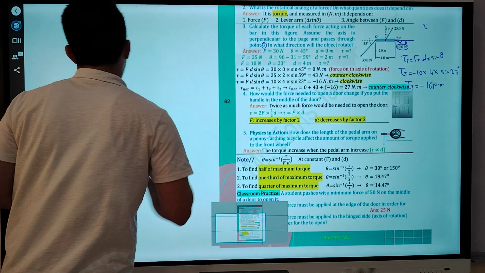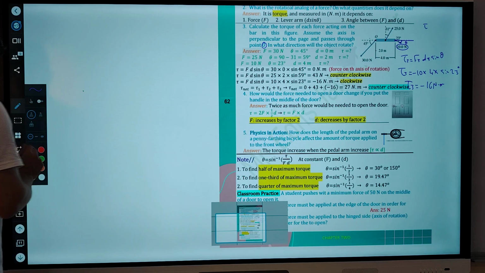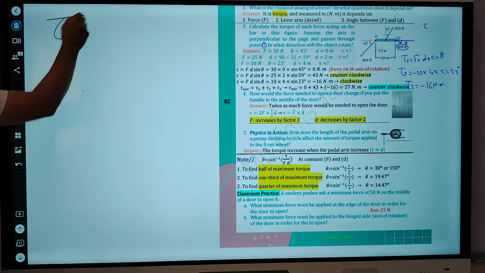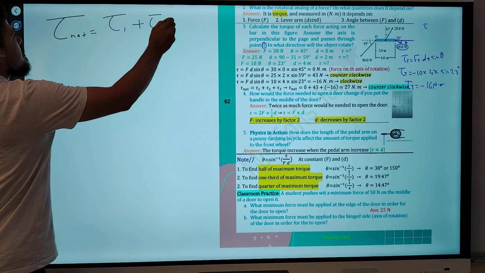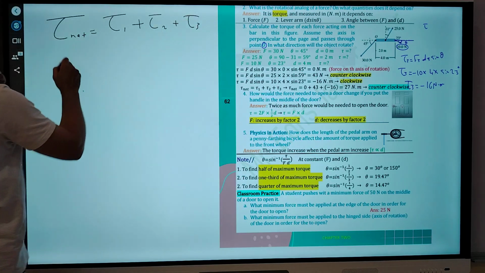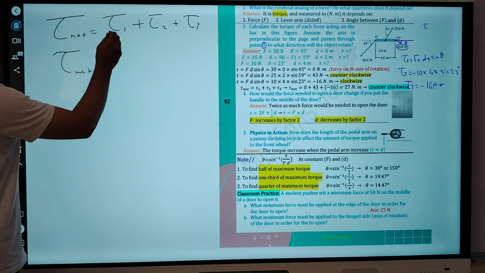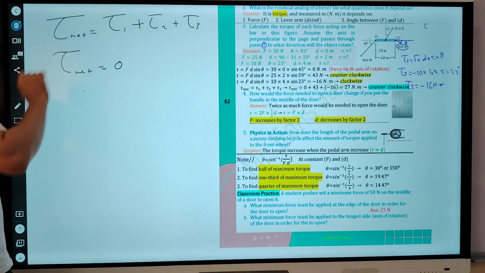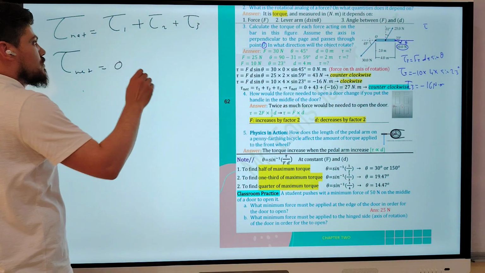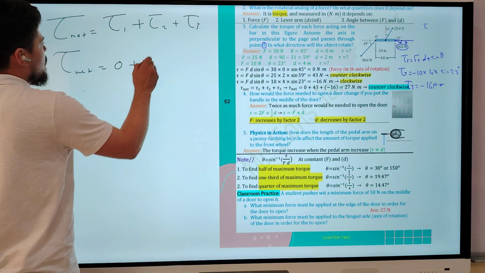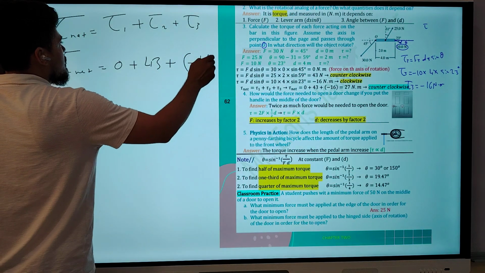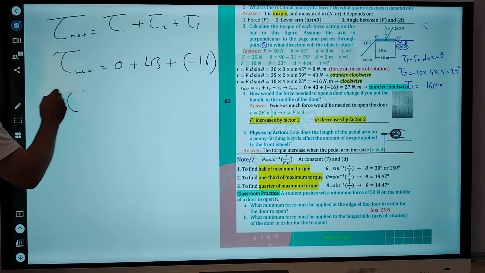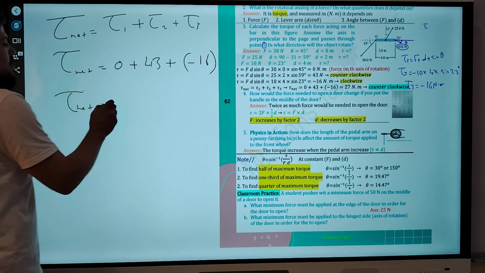Okay, now we can find the net torque acting on this beam. How can we determine net torque? As I mentioned before, to find net torque, you have to add up all the individual torques. How? Torque number 1 is 0, because it is located on the axis of rotation. The force is applied on the axis of rotation. Torque number 2, we found it 43, plus torque number 3 was negative 16. 43 minus 16. Which one is bigger? The positive